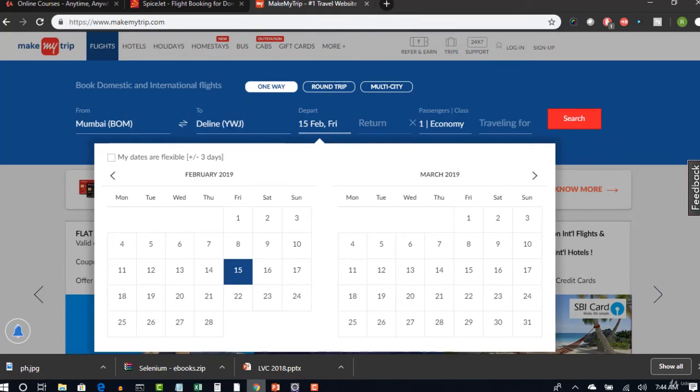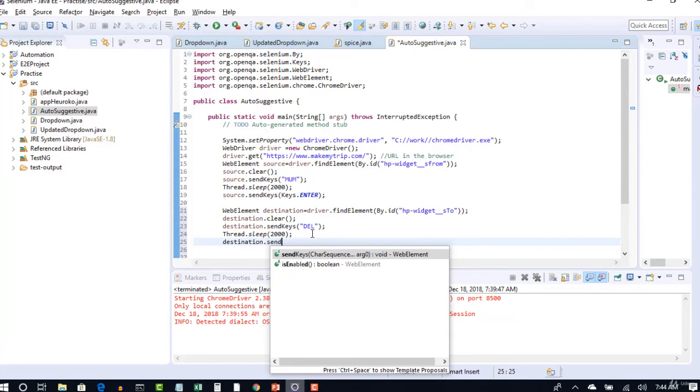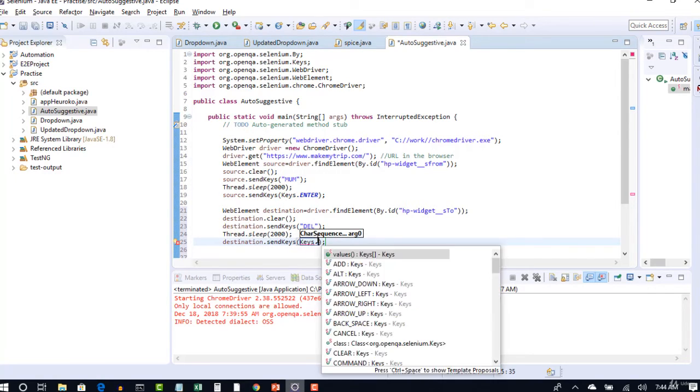So for that, after you enter send keys, you have to do key down. So destination dot send keys, you have a Keys method to do all this operation, just like how I have shown here. Keys dot look for key down.